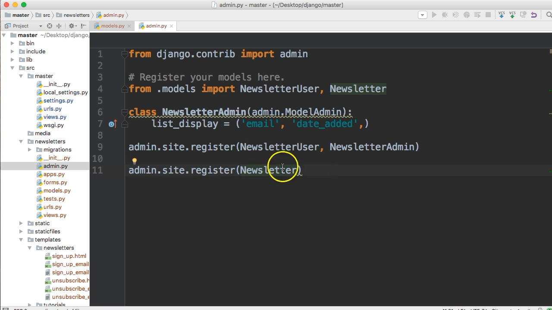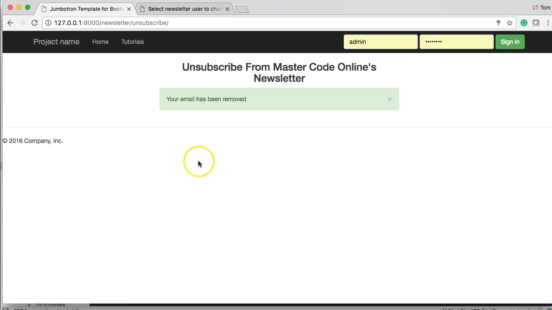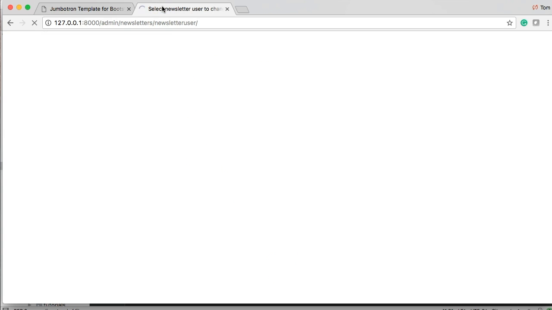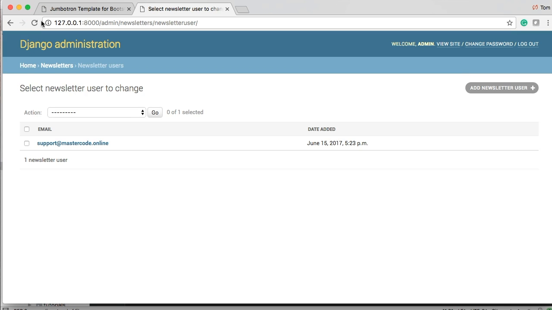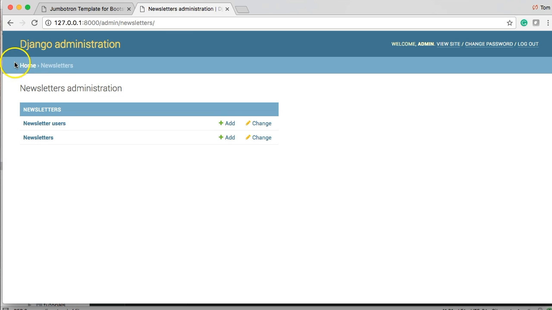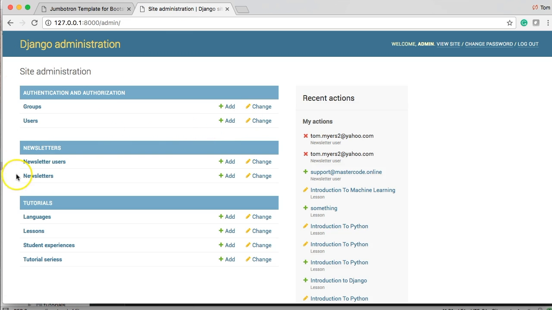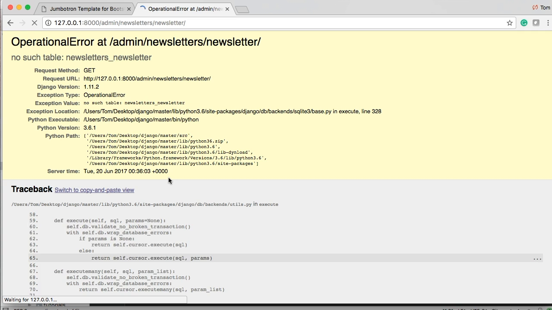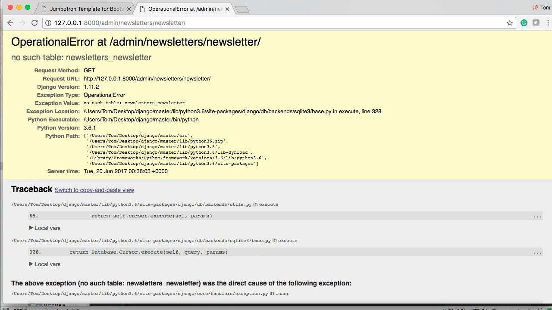We can change the admin section around if you want, but eventually I'm not even going to be using this whatsoever. Really, only the owner of the site or the developers should have access to it, I believe. So that's why I don't even really mess with it. I just set it up so I can test it. But let's go ahead and go to our admin section. Newsletters, home. Now we should see newsletters, so we click on that. And, oh,